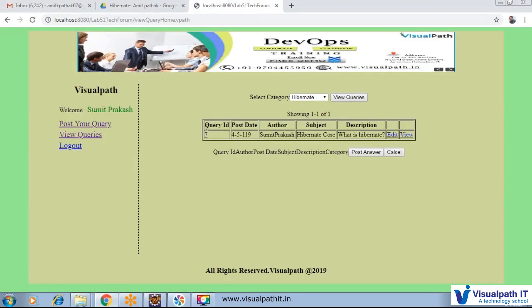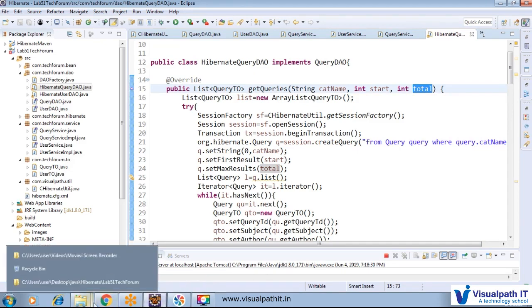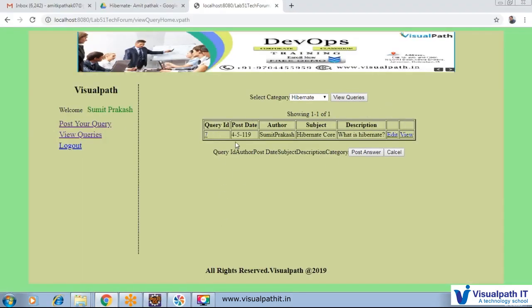Once the rows exceed the total amount we pass here, when it reaches that many rows, the next page will automatically be created. Right now we have 1 of 1, which just shows 1 of 1. If there are 2, it will show 1 of 2, and when we click the next page, it will show 2 of 2. This type of pagination will work, and through it we can go one by one